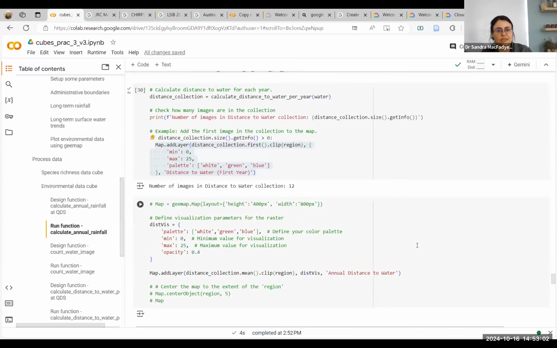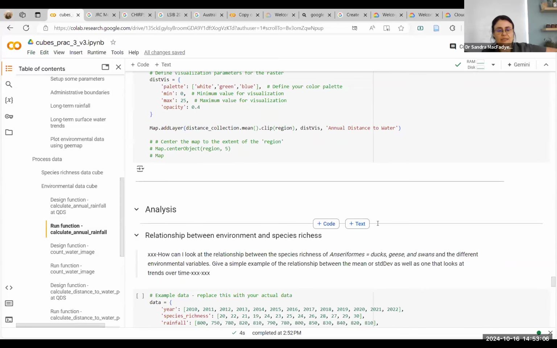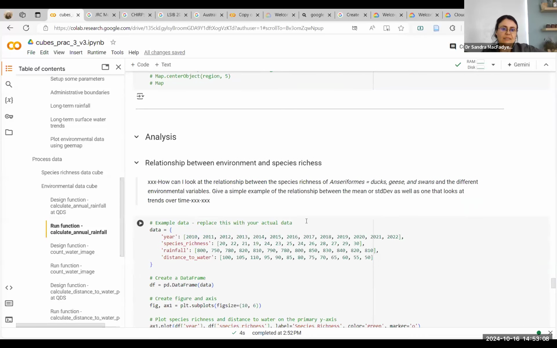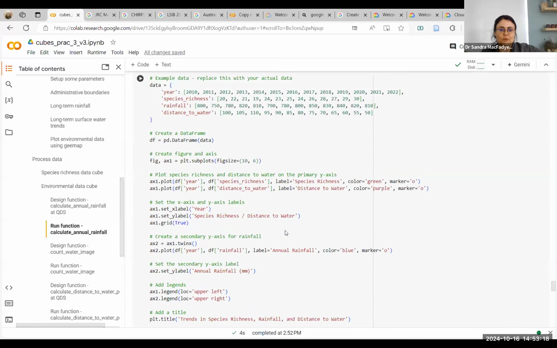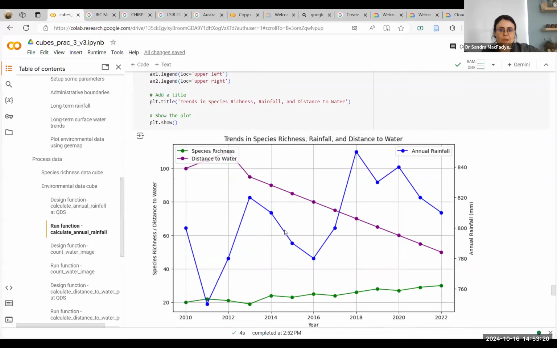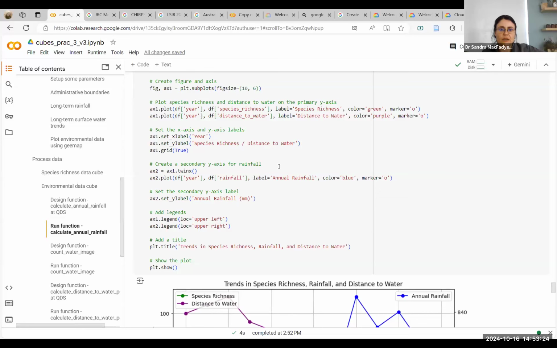So once you have all of this, the next step is to actually run the analysis. And this step gave me a lot of problems just before I started the session. So I cheated a little bit and I just created a data frame for you here. Since we're running out of time, I'm not going to go through this, but rather say to you that